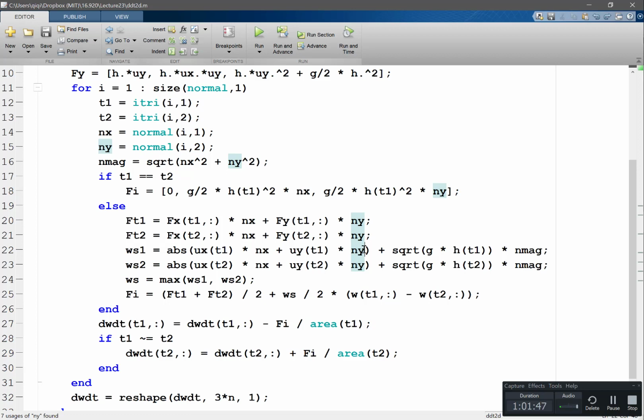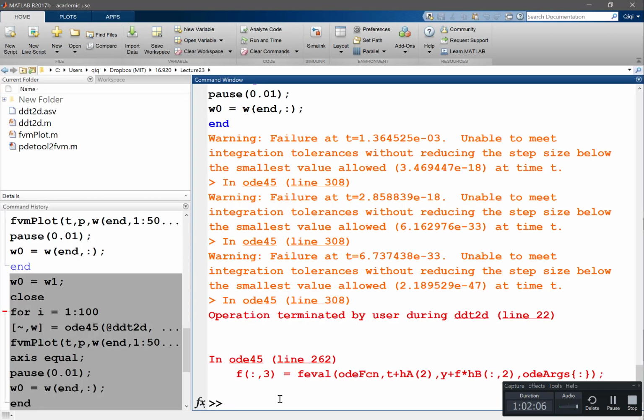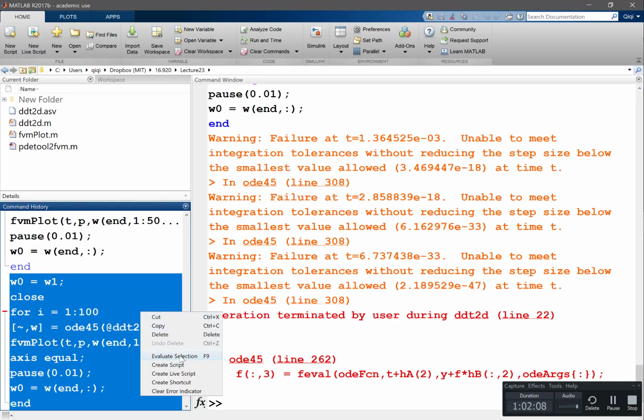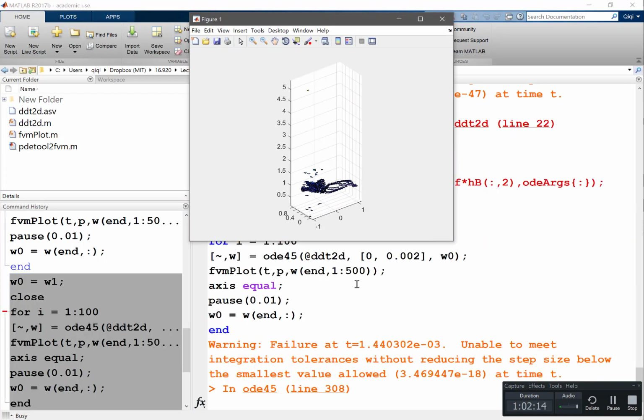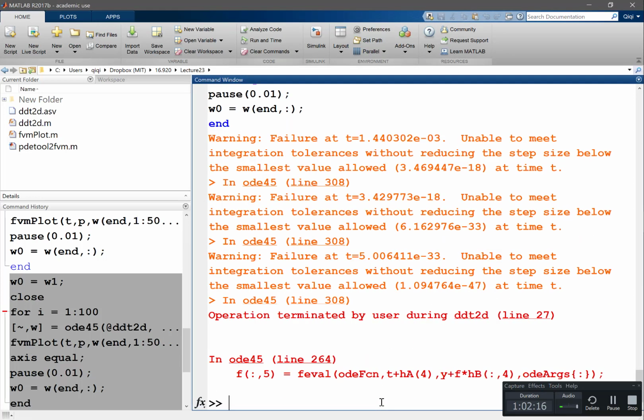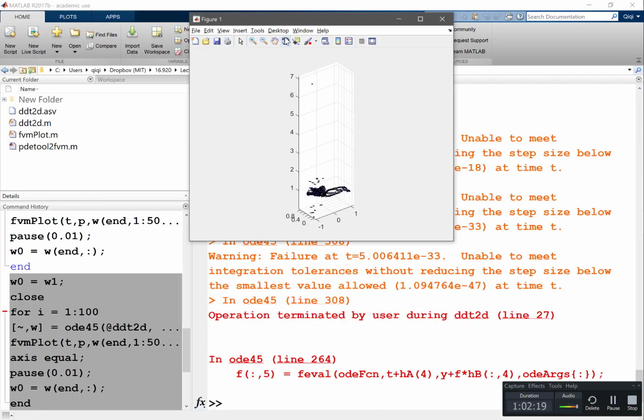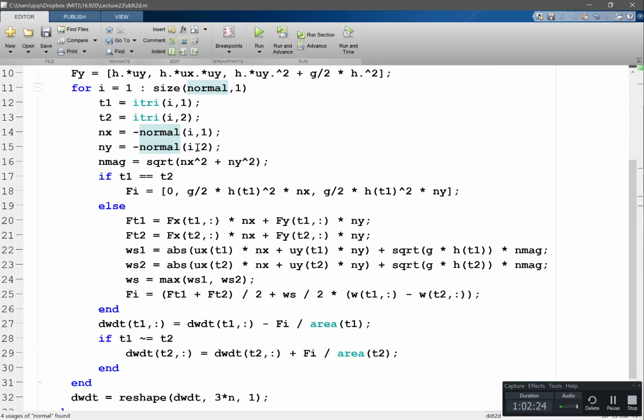Yes? The concept was previously that the normal magnitude, will you just change time of magnitude to the magnitude normal? 14 and 15? So NX is also magnitude normal. Okay. Let's see. Nope. Okay, so this seems to be evolving in the wrong way, right? So the waves are going on the other side. So